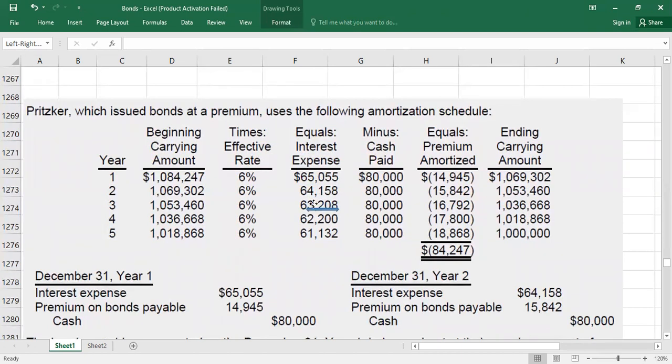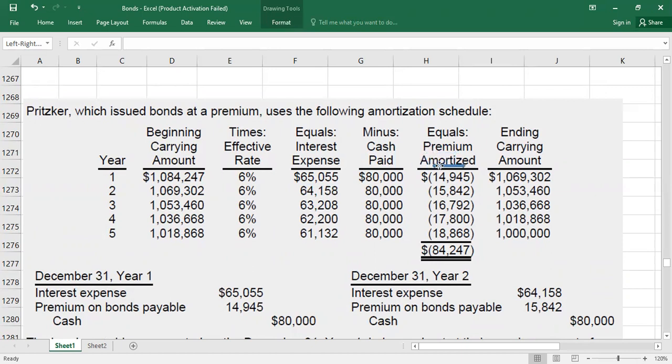We will see how it will work. Then you have to subtract it minus cash paid. Cash you will pay always at the stated rate. The actual interest paid, I will tell you how to calculate it. If you take the difference of interest expense and cash paid, this will give you premium amortized